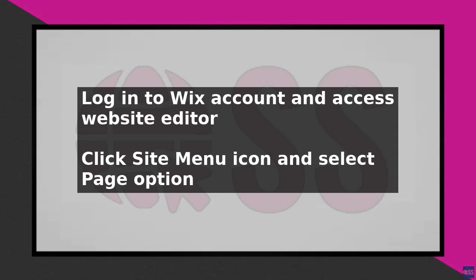Changing the page width in Wix is a straightforward process that can be completed in a few steps. To begin, log into your Wix account and access the website editor. Once you are in the editor, click on the site menu icon, which is usually located at the top left